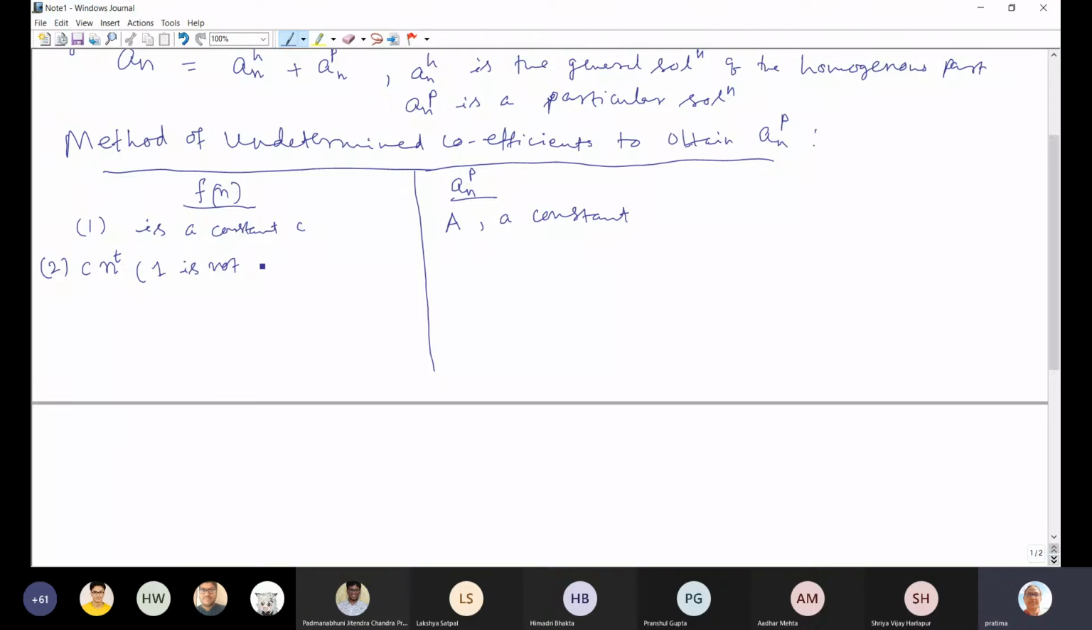One is not a characteristic root. And you understand why one is not a characteristic root. Then in that case, we have to substitute for this particular solution, a_t n to the power t,